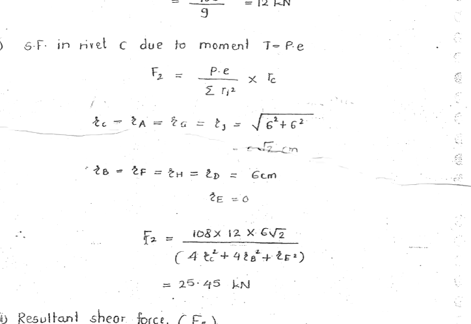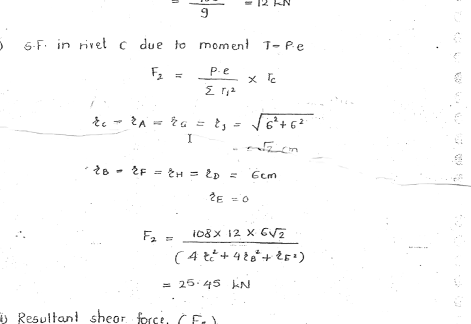So therefore F2 is equal to 108, the applied force, multiplied by P, 12 here, since we are calculating in centimeters, multiplied by 6 root 2, that is for any of the C, A, G and I. So 6 root 2 divided by 4